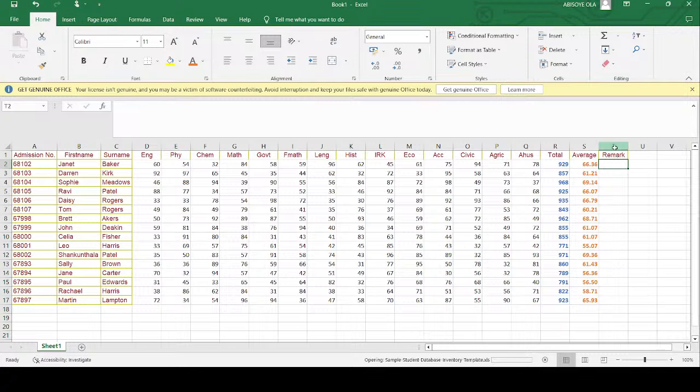Alright, good. So I can have someone below 50. Okay, so now what I'm going to do right now is come to remark and do IF analysis. How do I do that? I'll say IF, take note, equals IF, open my bracket. We are talking about data tools in Excel, right? Open my bracket, then I can say IF average, that is S2